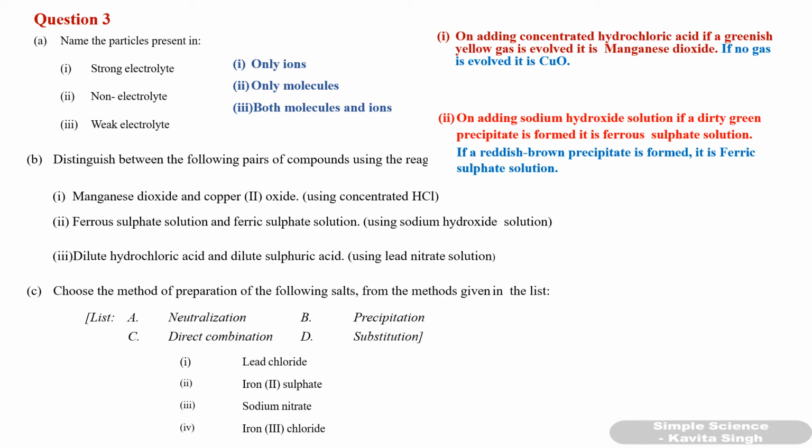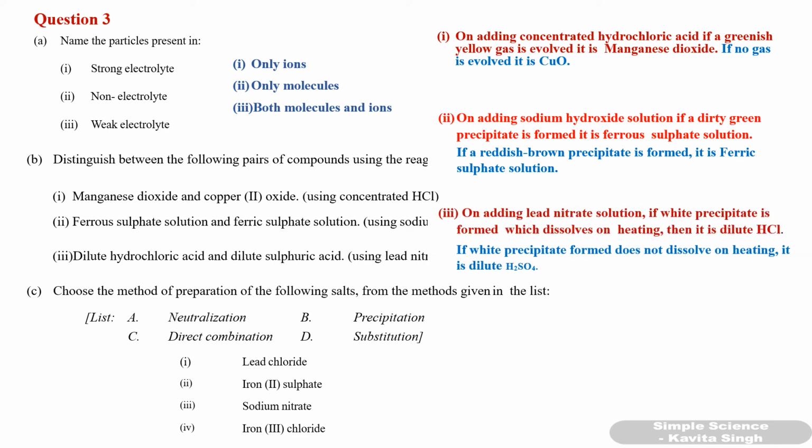Okay. And if reddish brown precipitate is formed, it is ferric sulfate. Third one, dilute hydrochloric acid and dilute sulfuric acid using lead nitrate solution. So when you add lead nitrate solution to dilute sulfuric acid and hydrochloric acid, if white precipitate is formed which dissolves on heating, it is dilute hydrochloric acid. And if the white precipitate formed does not dissolve on heating, it is